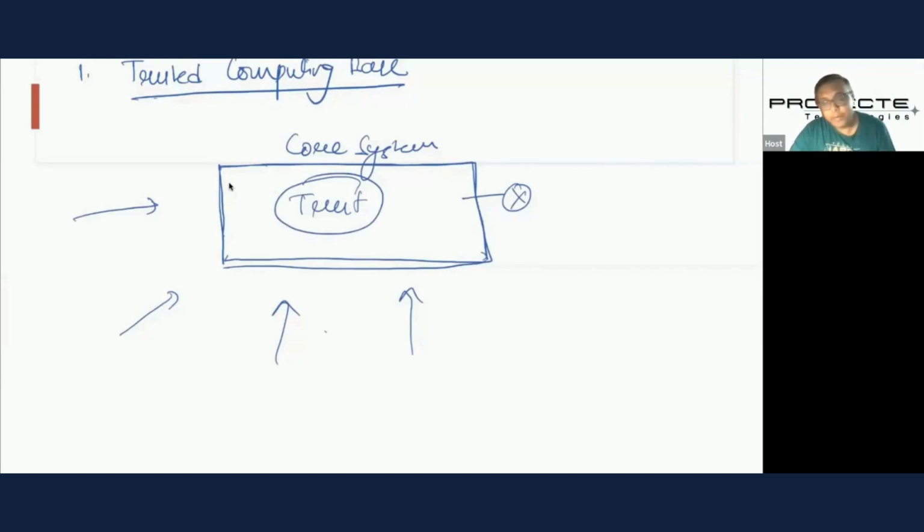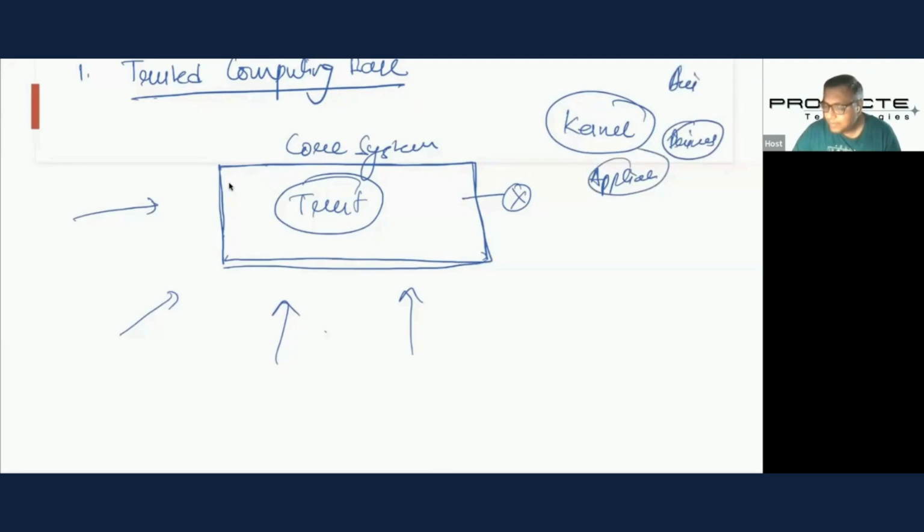Now if you look at your operating system, what is the most important part where you employ all the security policies? Mainly the OS kernel. The OS kernel is the trusted computing base. You may not trust applications, you may not trust drivers, you may not trust devices, but the kernel is the trusted computing base because it controls everything. This is where you apply all the security elements.